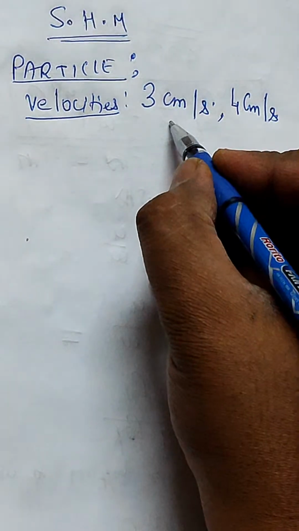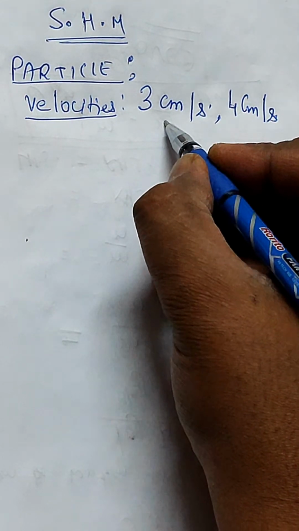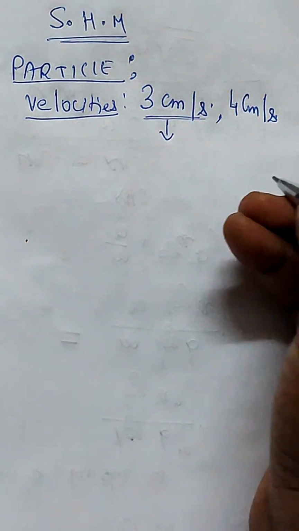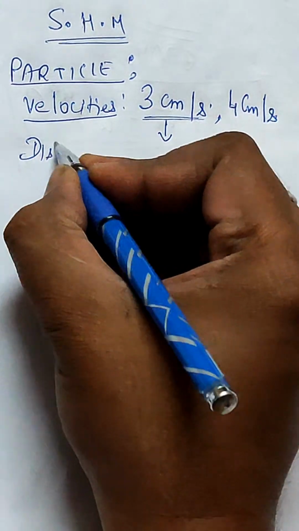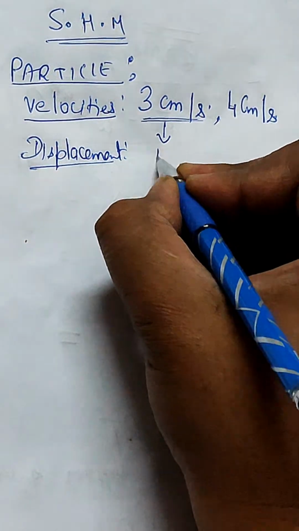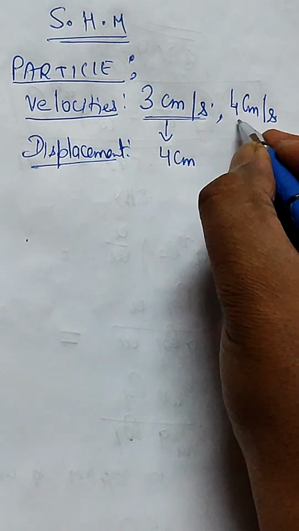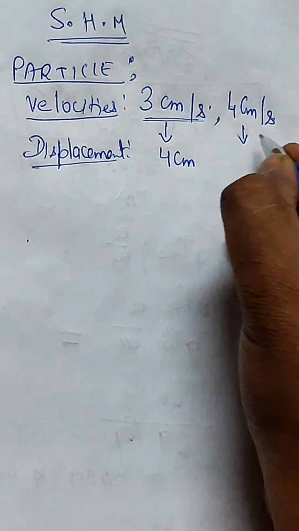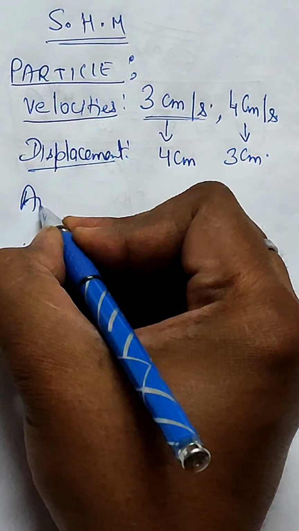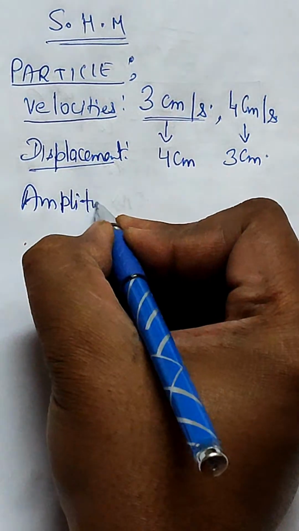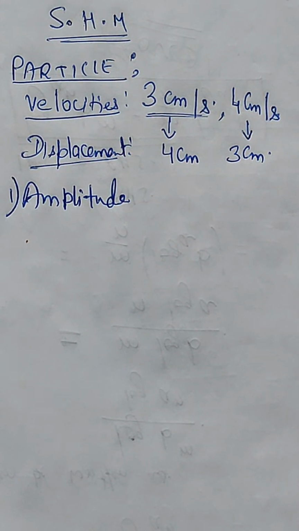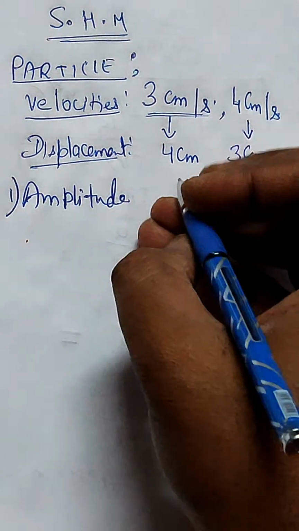So the corresponding displacements are: when 3 centimeter per second is the velocity, the displacement as given in the question is 4 cm, and for 4 centimeter per second of velocity, the displacement is 3 cm. We need to find the amplitude, its time period,